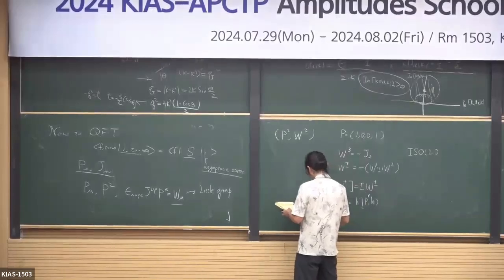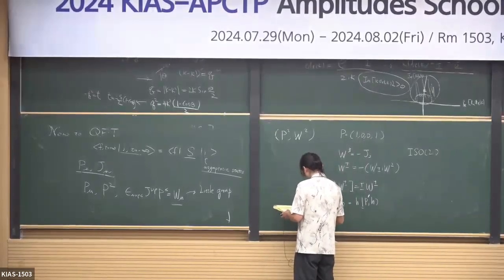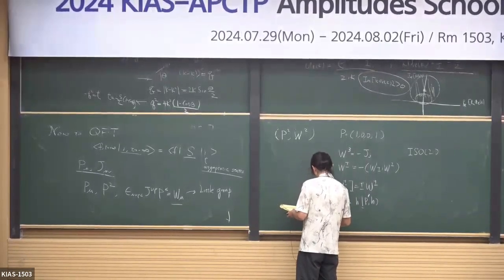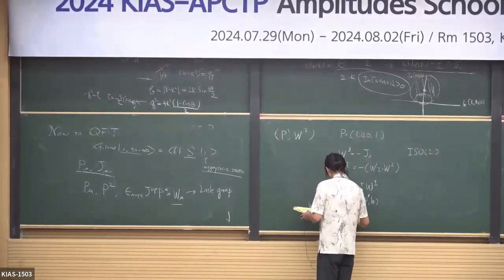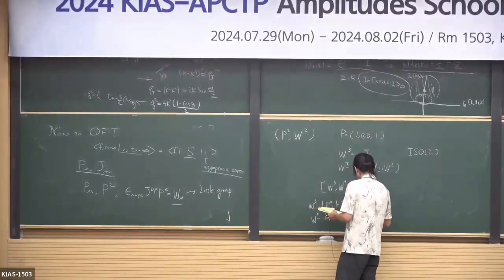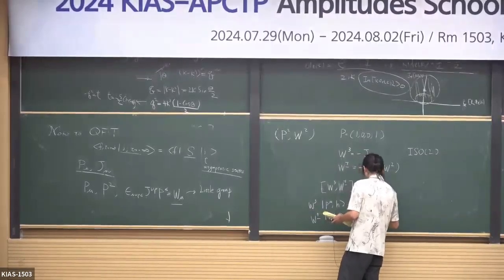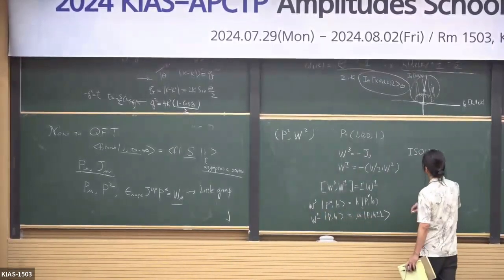But importantly, W± acting on |p,h> will be μ|p,h±1>, where this μ corresponds,